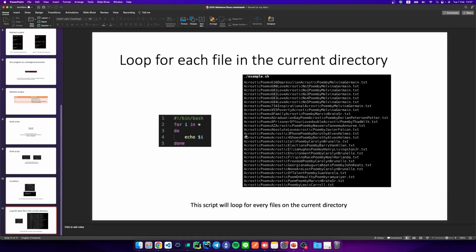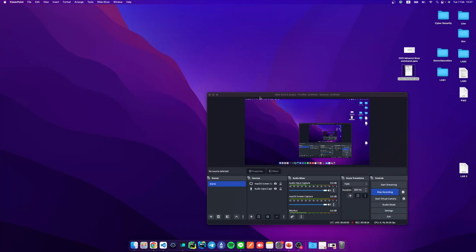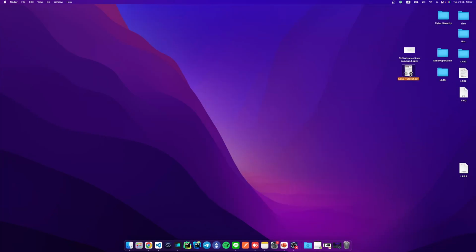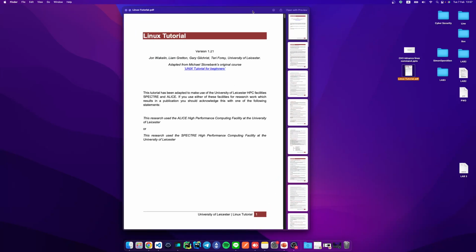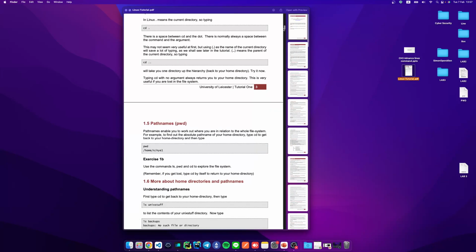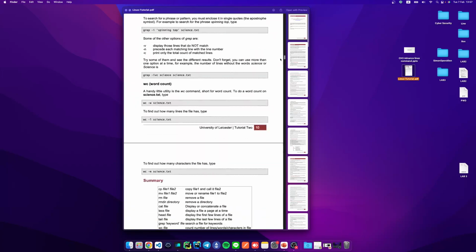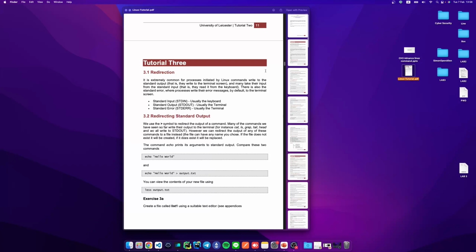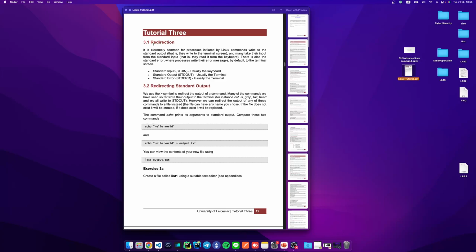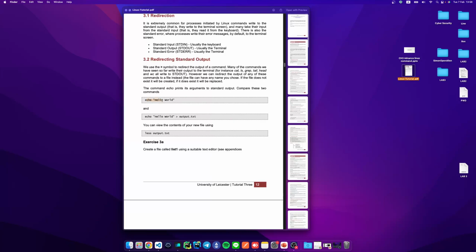All right, now we're going to talk about redirection for Linux. We will start at tutorial 3. You can use redirection just like that. If you echo hello world, it will show hello world on your screen. But if you use echo hello world and you use the greater-than sign and output.txt, it will write hello